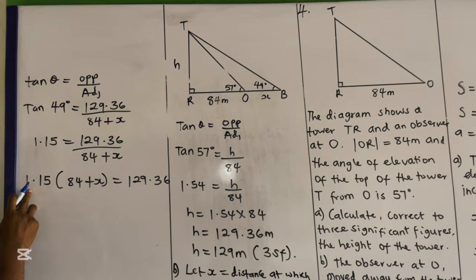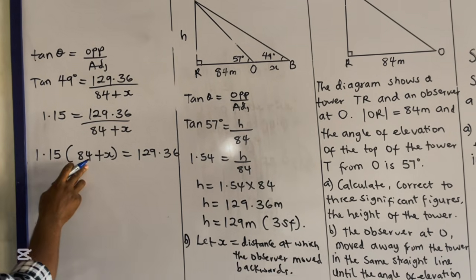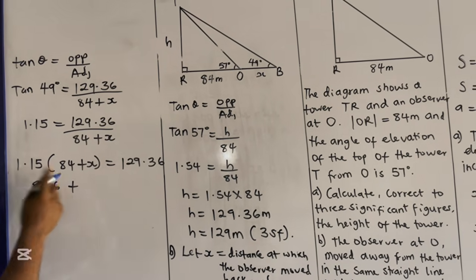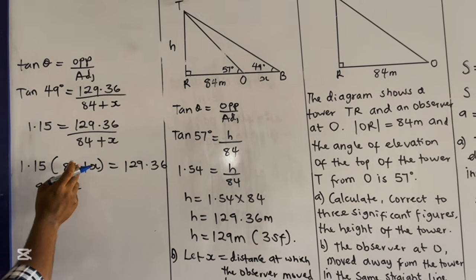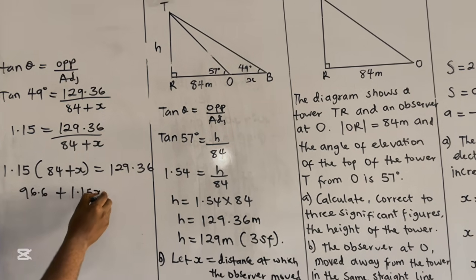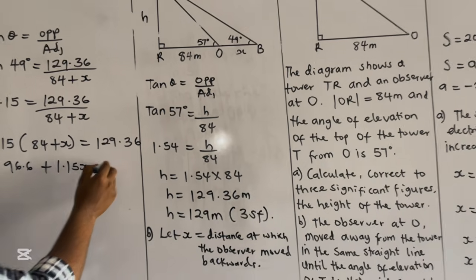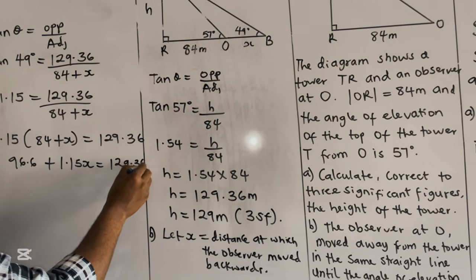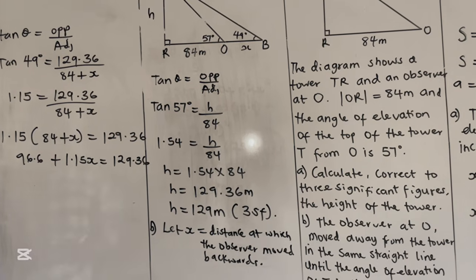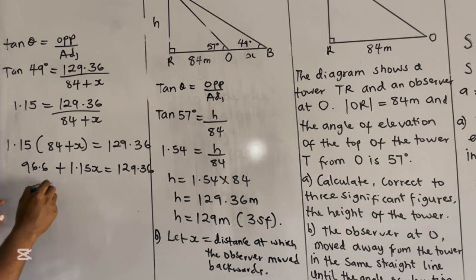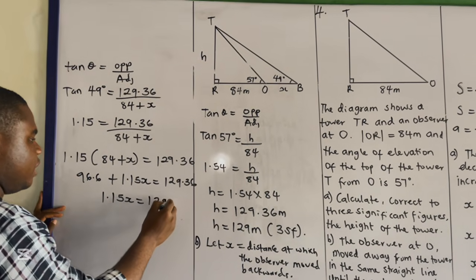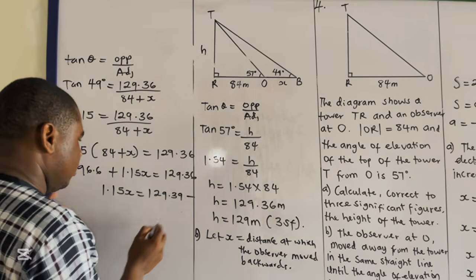So we have 1.15 times 84 will give me 96.6 plus 1.15 times x will give me 1.15x. So I will have 129.36. So in this case now, I'm going to collect like terms. So I have 1.15x is equal to 129.36 minus